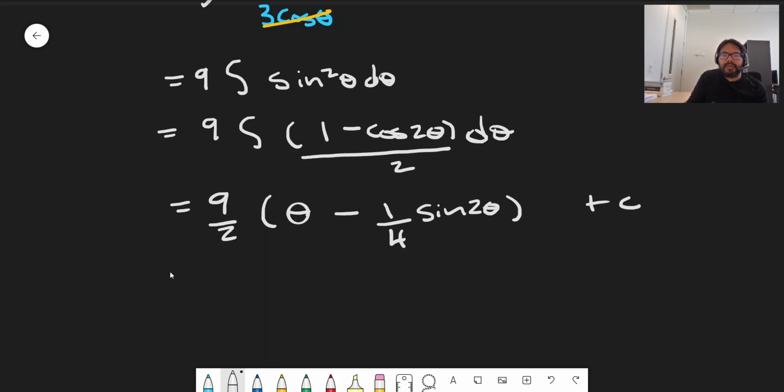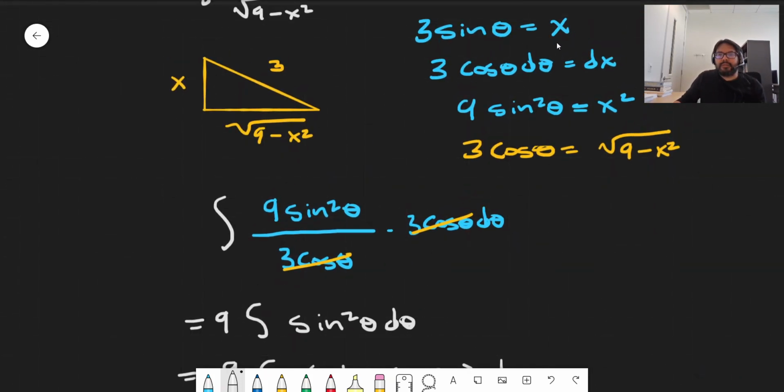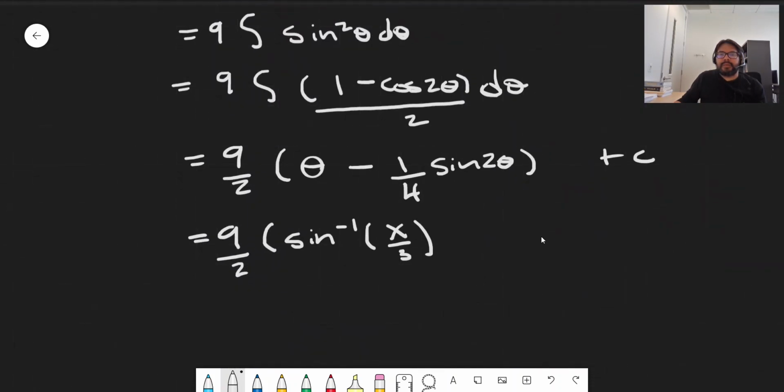Now, we can go ahead and, for example, distribute, but I would recommend that you substitute the theta as sine inverse of x over 3. That's just because if you go back to over here, you have that sine theta equals x over 3. Now, notice that this is also going to be minus 1/2 because you're going to expand sine 2 theta, which gives you 2 sine theta cosine theta, but the 2's cancel out and give you 1/2. So you have sine theta cosine theta